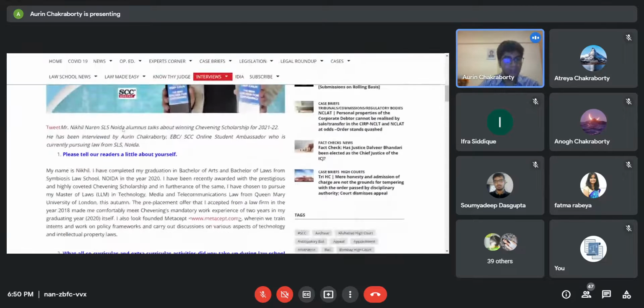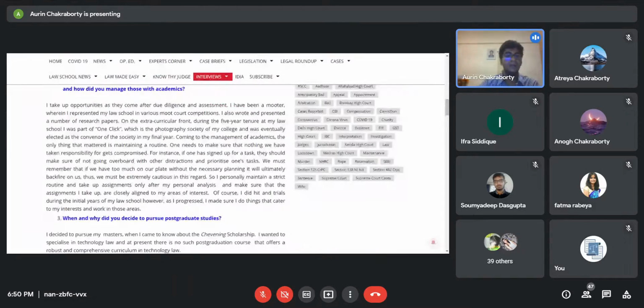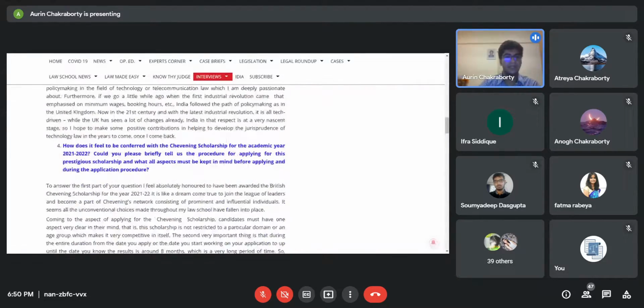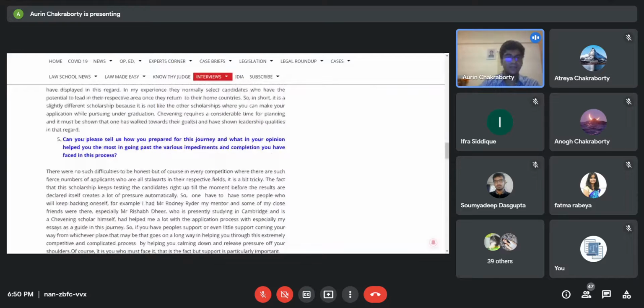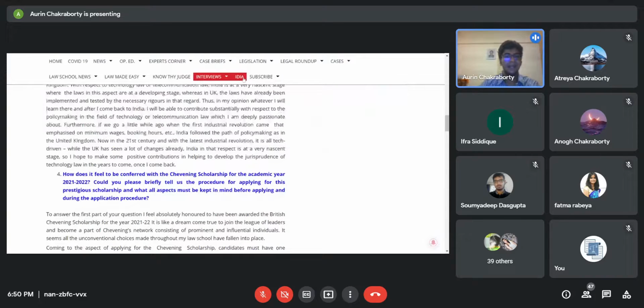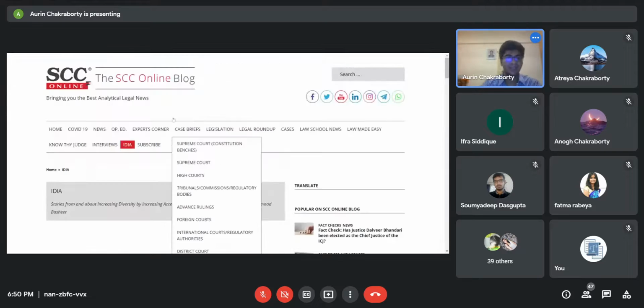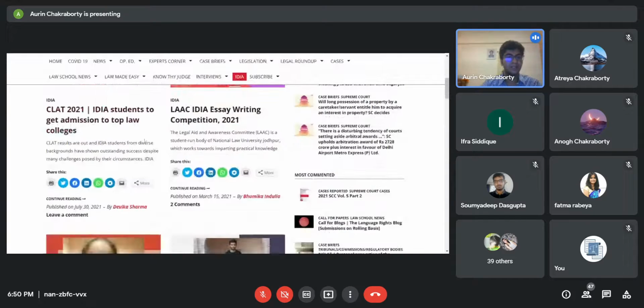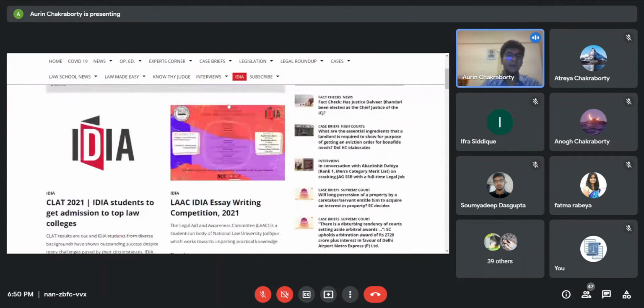The scholar has himself given us the way he applied, all the preparation that he had taken. IDIA is an aspect about inclusivity. We all know the IDIA body, so that's what it is about: the IDIA scholars and that aspect.